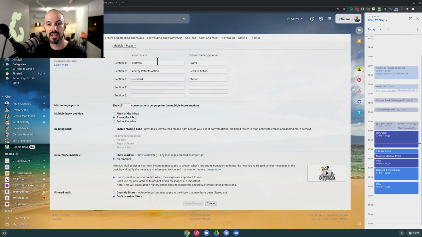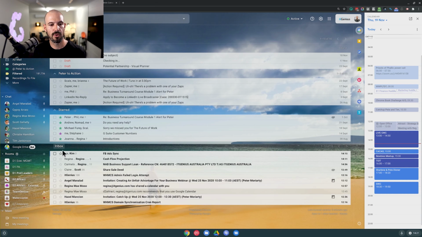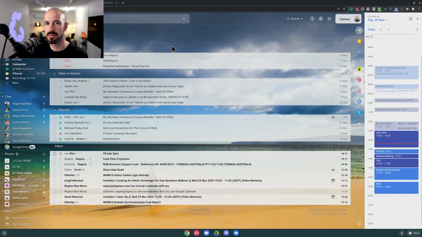You'll notice here that I've also done the drafts label and the starred label. So anything I star is automatically going to show up there in the inbox. If there's something important, I can star it and then archive it, and it's always going to appear there in the starred list. And we've got all of the others there as well. So that's one of the most important features that I can teach you about Gmail. Absolutely critical.